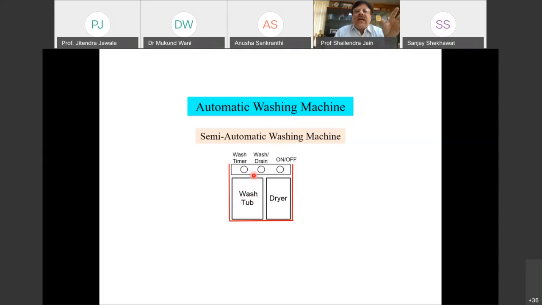Then after the completion of the wash operation, for the drying operation, you need to switch the tub. From the wash tub, we have to put the cloths into the dryer. So all the time we are busy. Though the machine is performing a particular task, I am all the time busy in my job, loading the machine, putting the water into the tub, draining it, again putting water for the rinsing operation, changing the cloths from the wash tub to the dryer. And of course, some timing is required.